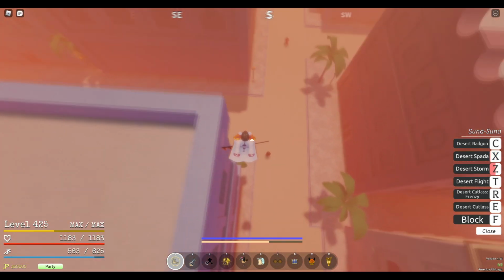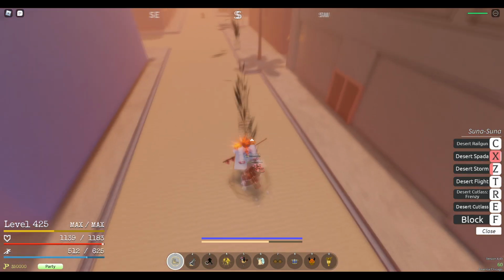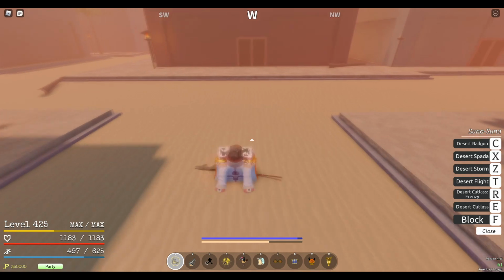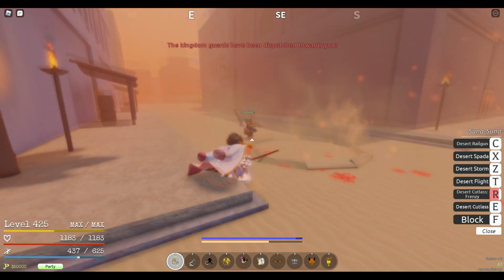And if they're also chasing you, you can also throw down a Spada, jump at them while keeping them in the line, and they'll all take a ton of damage or just straight up die. You also have Desert Cutlass Frenzy, which if you hit, again, it's like a grab. You'll have iframes, you'll spin around, and as soon as you land, you have an AoE hit, killing everything around